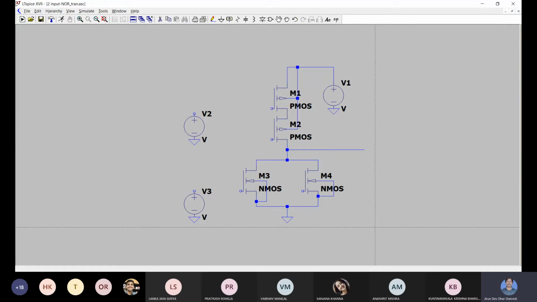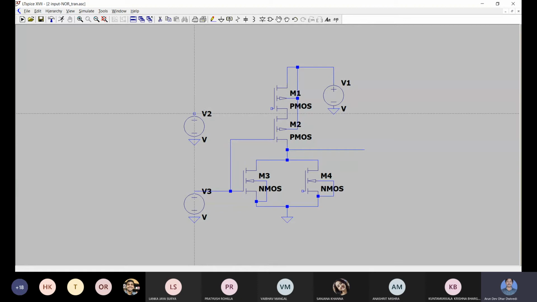Now we need to provide the voltage sources you have taken. From this we need to provide the input voltage here, and one of the PMOS will also get the same voltage from here. One of the NMOS and one of the PMOS is getting input from this voltage source.